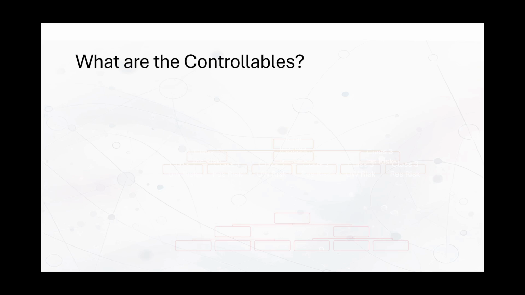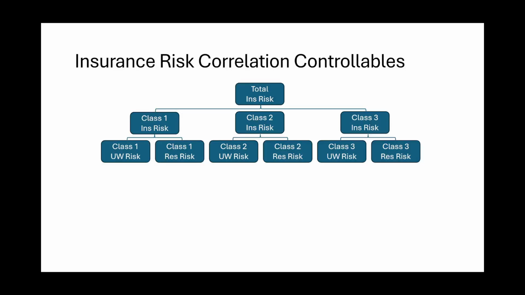Now, what do I mean by controllables? This isn't a technical term. This is just a very informal idea, but I think it's a useful mental framework when you're thinking about why one of these structures might work better for you than the other. So if we look at method one, what we're calling the insurance risk correlation approach,